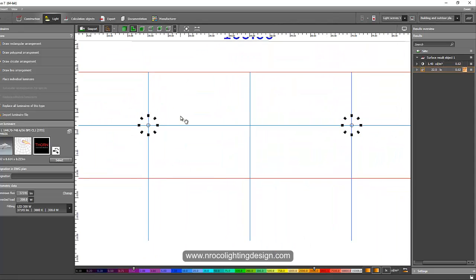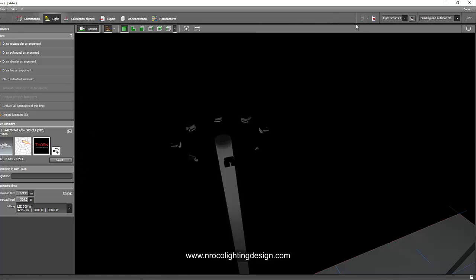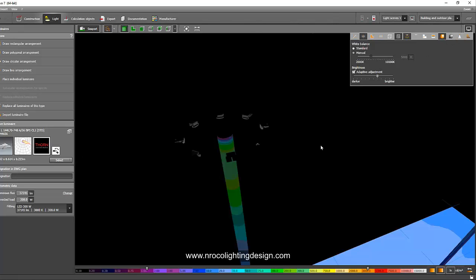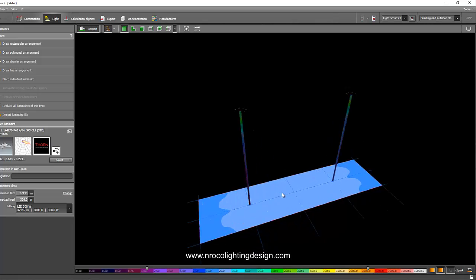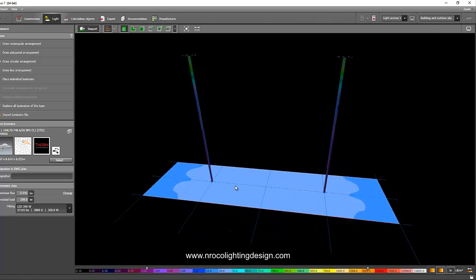So if it's 22 lux, let's go and check the pseudo color, how it looks. Let's see the uniformity on the ground. So we can see right now that it is 20 lux all over here. So I think your mast is too high, but since this is your requirement, then it's okay.